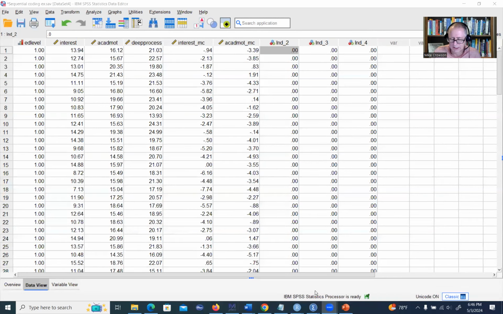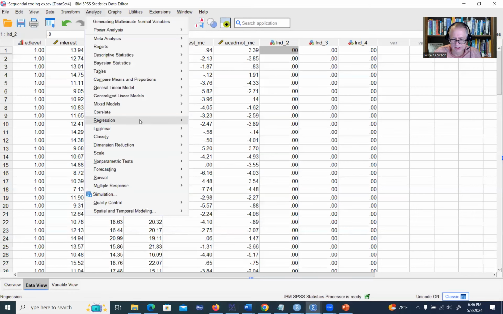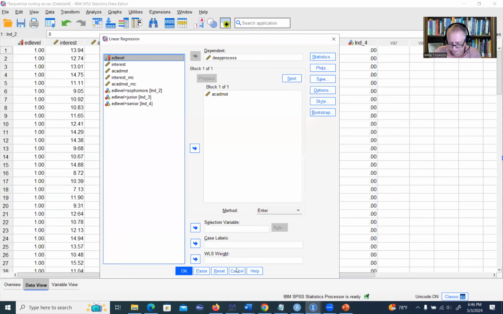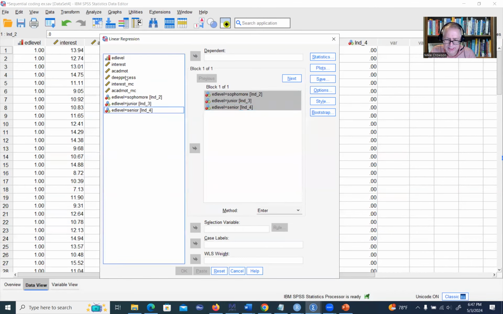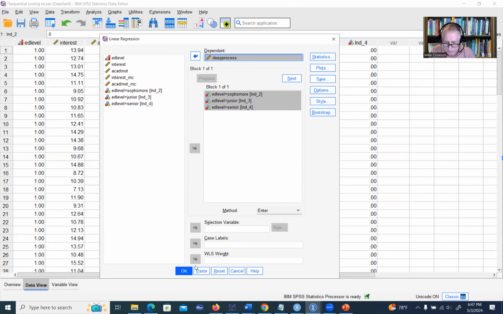And so to run our analysis, if we're using just the indicator coded variables, we would just go to Analyze, Regression, click on Linear, and we'll move our three variables over. You'll notice that I had labels included on the education level variable, so you can see that they're named sophomore, junior, and senior. If we include those variables and then deep processing right here, when we run our